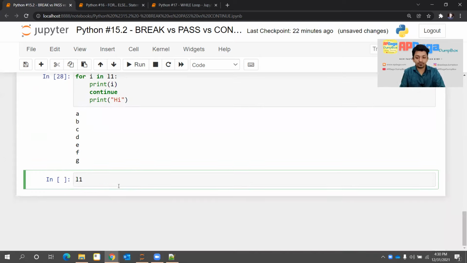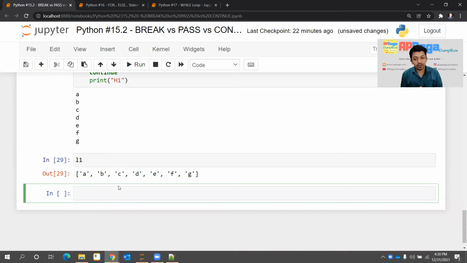I have list L1. If someone asks me to print all the characters from this list, excluding vowels, okay, that's the problem statement. How can we do that? Using continue.